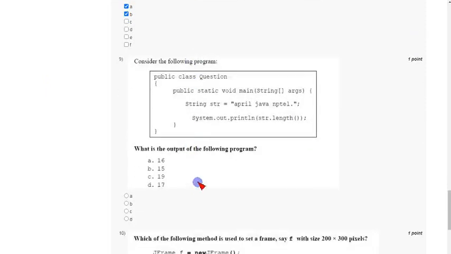And coming to the ninth one, they have given a program and they are asking about the output. If you see this string dot length, meaning the length of this string, A, P, 2, 3, 4, 5, the space is also counted in this length.